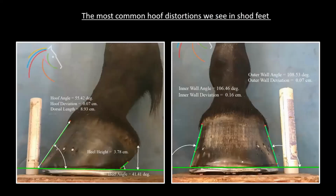So this is a bit of what we do with our hoof scan: photos and x-rays, and we use the Metron software to mark them up. What you were showing with yours before is fantastic. You can see the differences, but to be very accurate, we can mark these up with the software, and we can be really objective about the direction that we're heading and the direction that we need to go, and the changes in the hoof capsule